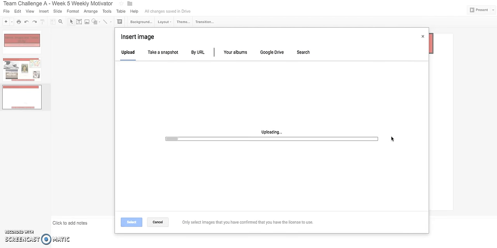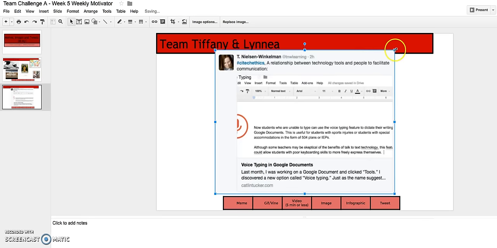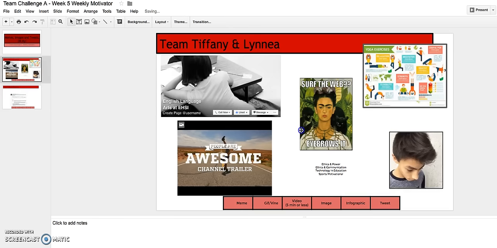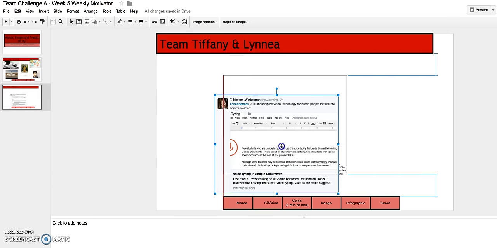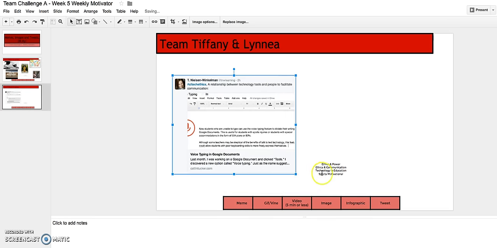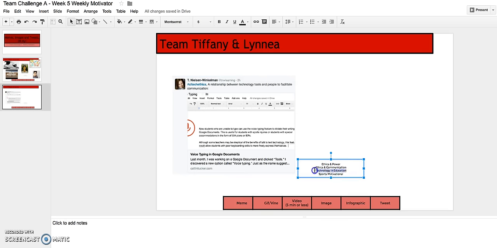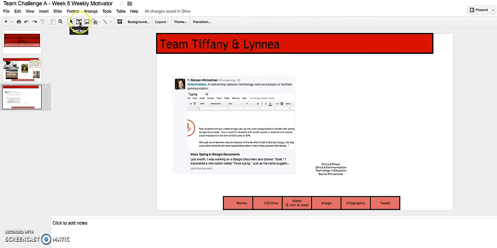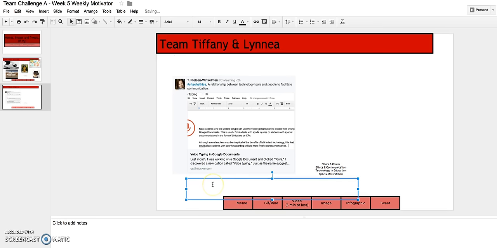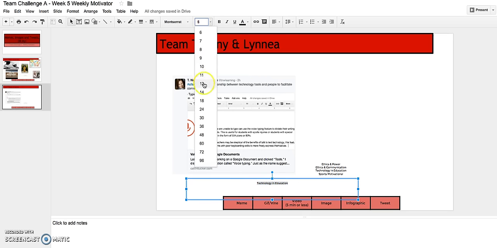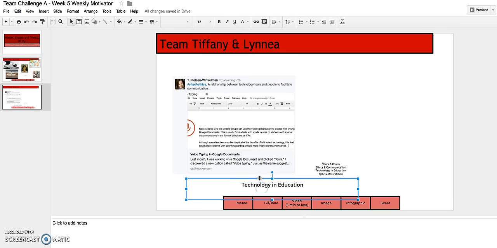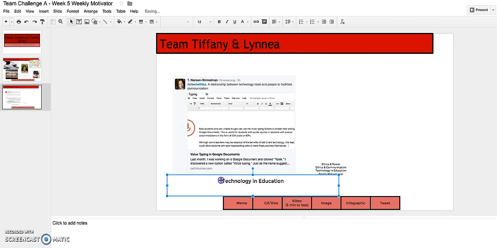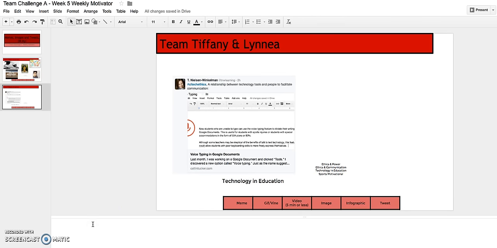And now you'll see that that image will upload, and it's kind of big, so I'm going to make it smaller. I'm going to resize and move it. And I'm going to make sure to label it with a text box of what this is. So I think this is another example of technology and education. So I might click it here and I'll copy it and I'll get a text box and I will label it. Now that's kind of little, so I might make it a little bit bigger. I think you get the picture. So once I have it labeled, I could even number it like 1, 2, 3, 4, and 5, and I might add a few notes here.